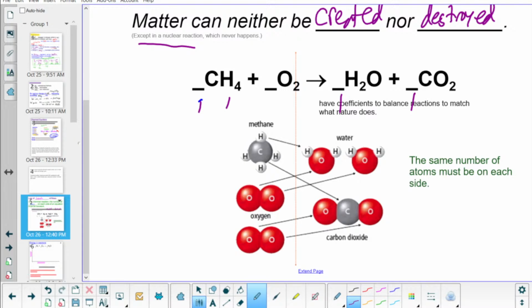So I took a look at the H's in the first CH4. And then I did 1 CH4 and then I did 2 H2Os. Right. Because you need double those amount of H's. So you only put numbers in front, because we can't change the nature of what's there. It's always going to be water. It's always going to be H2O. Then what did you do? So now we got, I did 1 CO2 because we got 2 O's on that side.